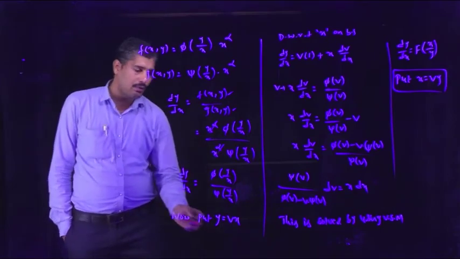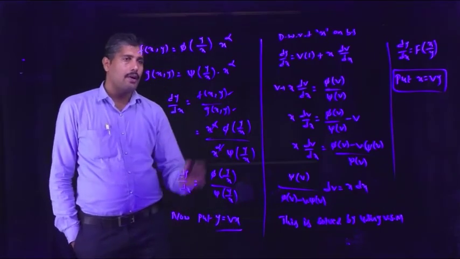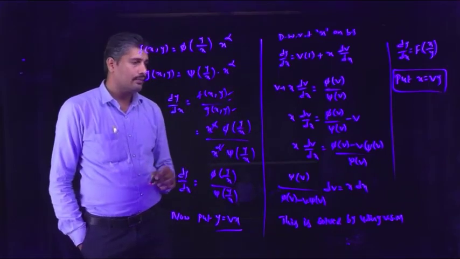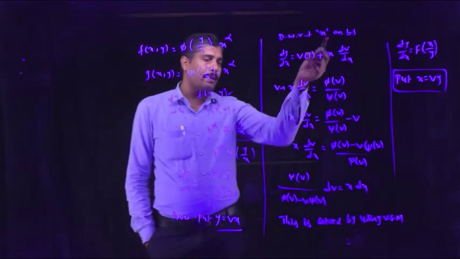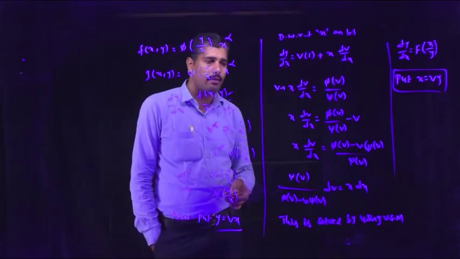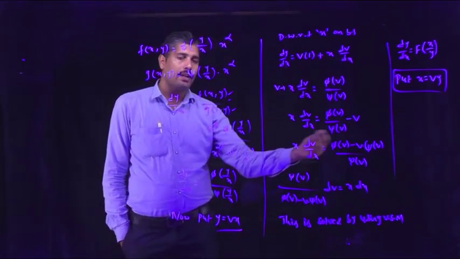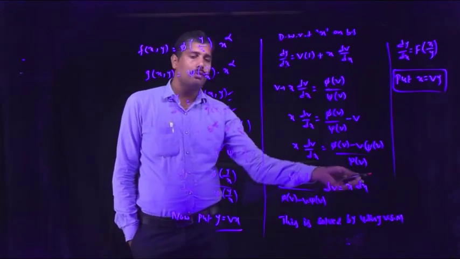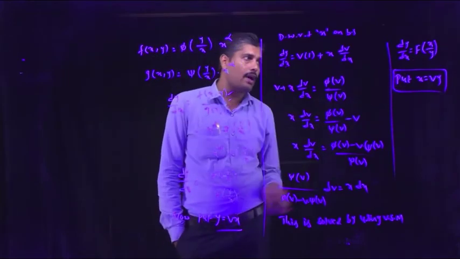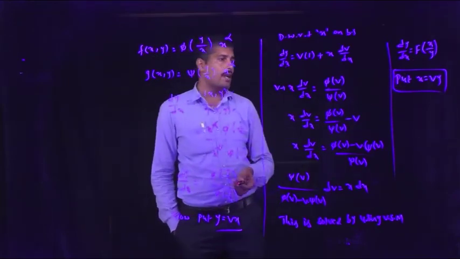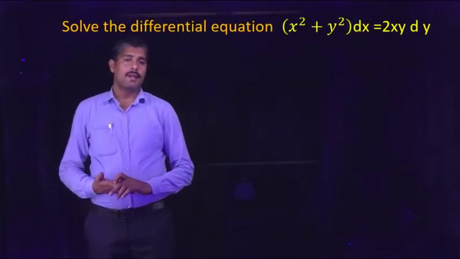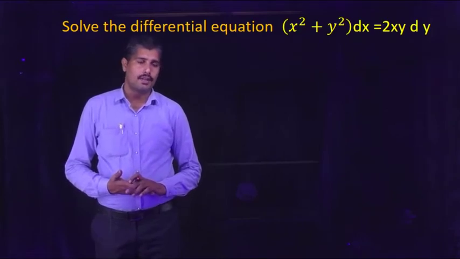Here put y equal to vx. F of x comma y and g of x comma y have the same degree alpha. Then after differentiating with respect to x on both sides, in the place of dy by dx we substitute v plus x into dv by dx. Then separating the v terms and x terms, then integrating on both sides, we get the solution. Suppose the differential equation is in the form of dy by dx equal to f of x by y, then take the hint, put x equal to vy. See some examples on the homogeneous differential equation.